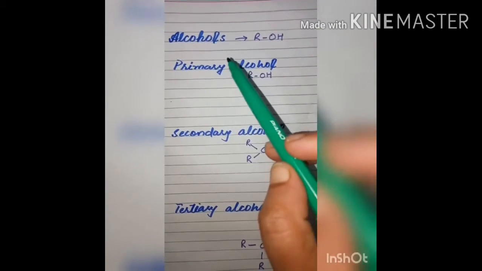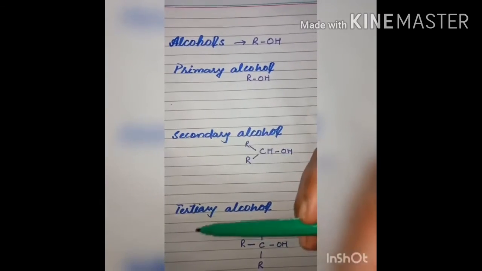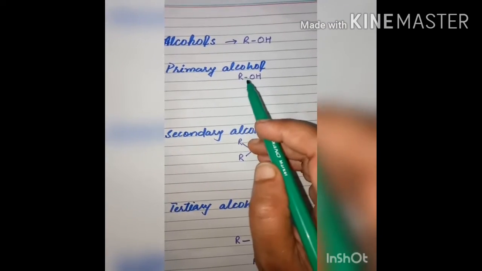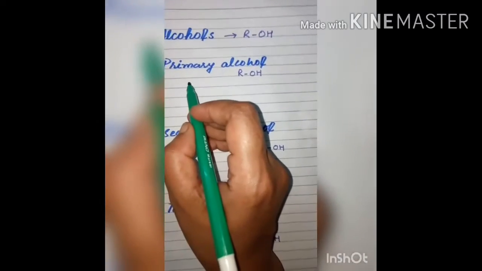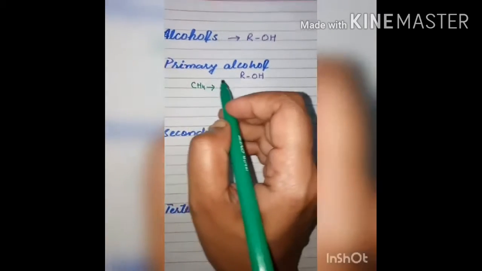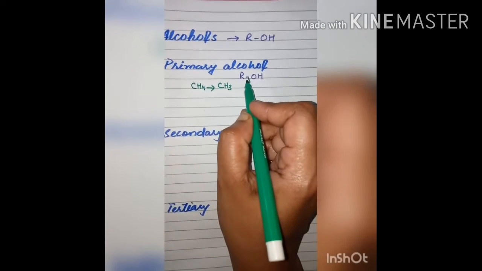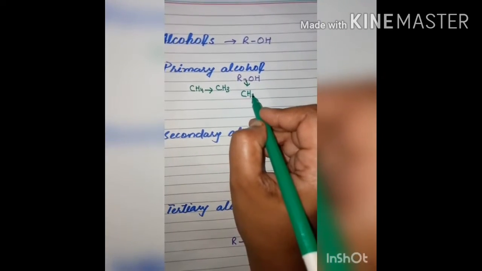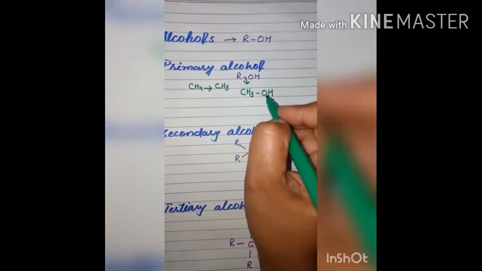There are different classes of alcohol depending upon the bonding or their structure, like primary alcohol, secondary alcohol and tertiary alcohol. Now what are primary alcohols? Here this R group may be methyl, ethyl, propyl, butyl, any group. First see the methyl radical, which is formed from methane, CH4. After the removal of one hydrogen, methyl radical CH3 forms. So the formula of alcohol will be CH3OH and its name is methyl alcohol.